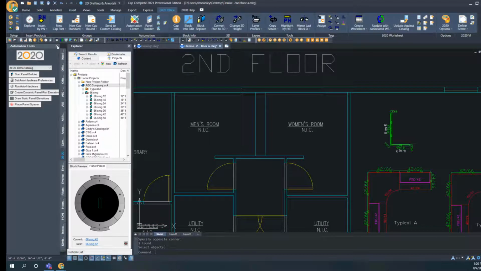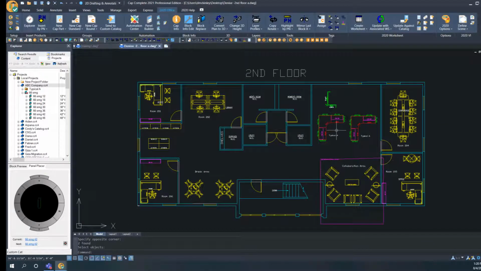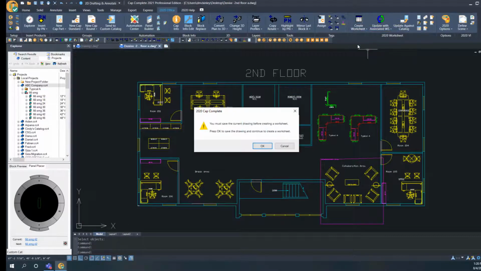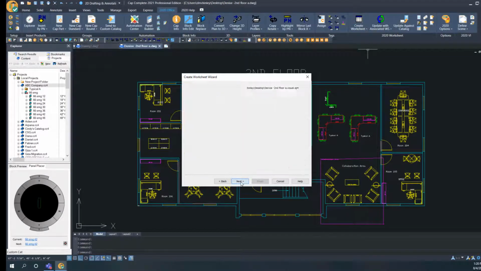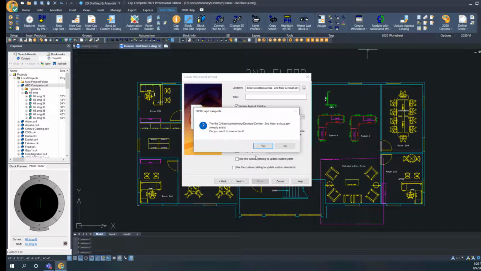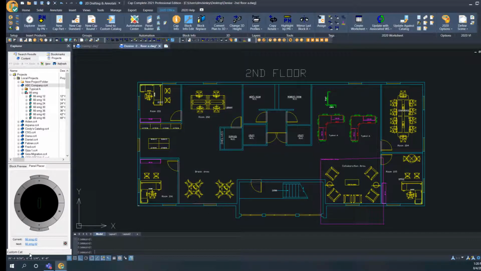So I'm going to go ahead and turn this off real quick and take us back to our drawing here. So if you need to create a worksheet from here, it's a little icon that says create. I'll do next, and we'll just do all of the objects. And we'll hit finish, and we'll open it up, and let's just take a look at it, just so you know that it's counting all the parts and pieces in here. And I'll bring Worksheet over. As soon as it's done loading,